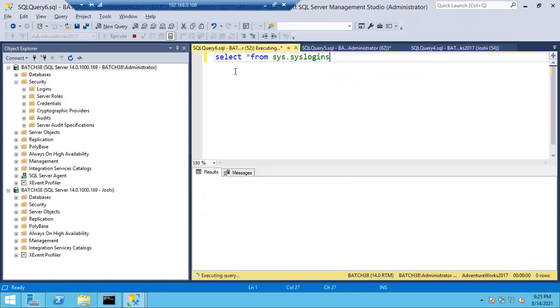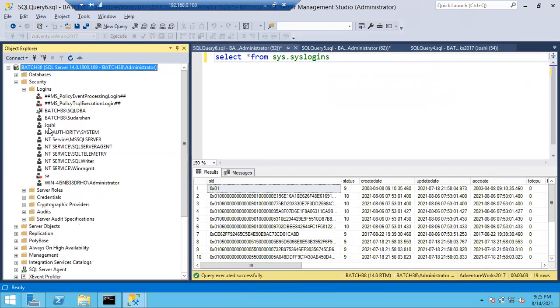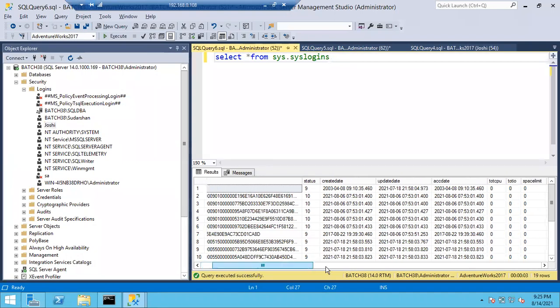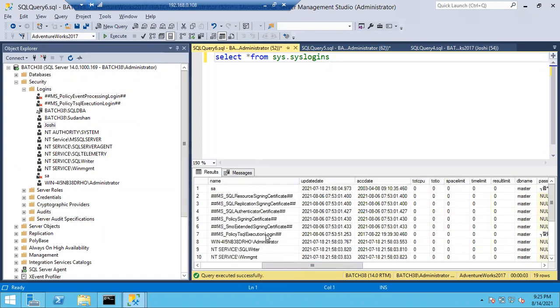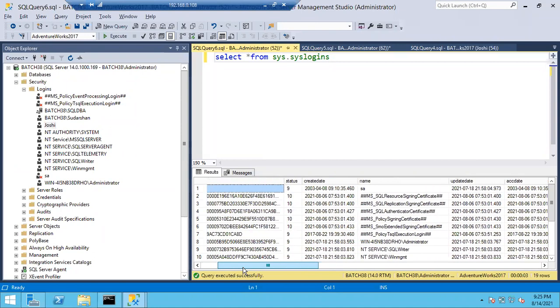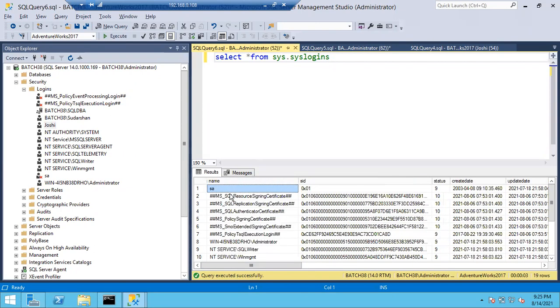It will show you all the logins with their SIDs. As login one is already deleted, I cannot show you that, but let me show the Joshi login. Just go to the login name and drag this column to make it the first column.